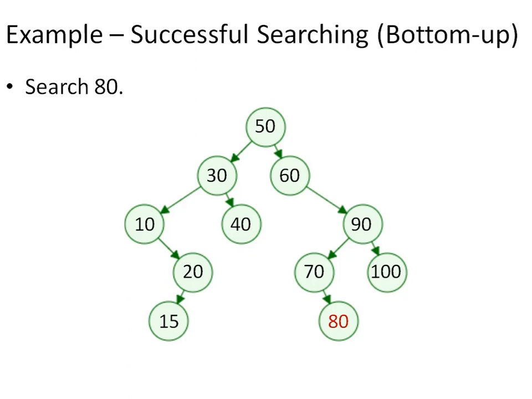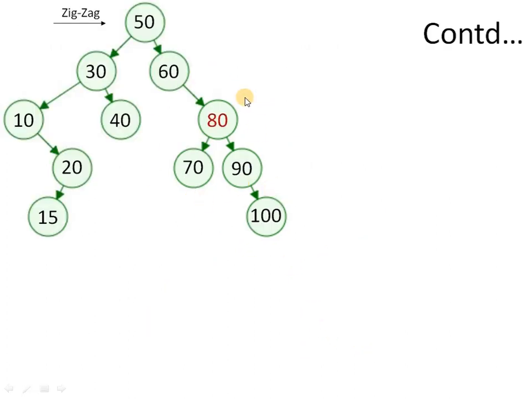Since the node is found, we have to make this 80 the root of the tree. So again, we have to identify which rotation to perform. So here 70 and 80, they are connected via right child pointer, and 70, 90, they are connected by a left child pointer. So again, it is a case of zigzag. So after the zigzag operation, 80 will become root of this subtree which is rooted at 90 now. 90 along with the subtree will be shifted to right of 80 and 70 will become left of 80. So we will get this structure.